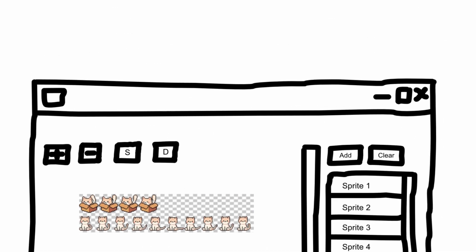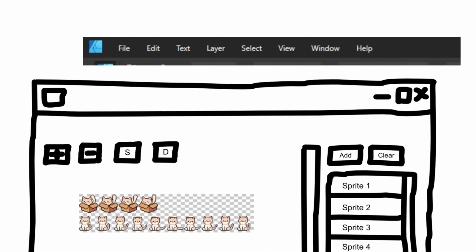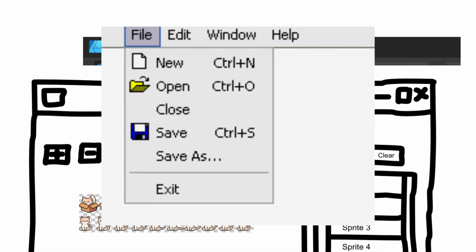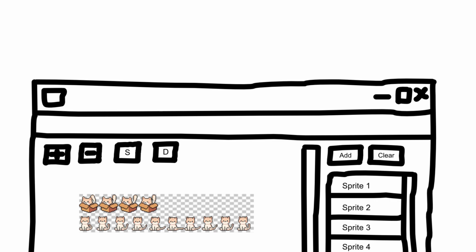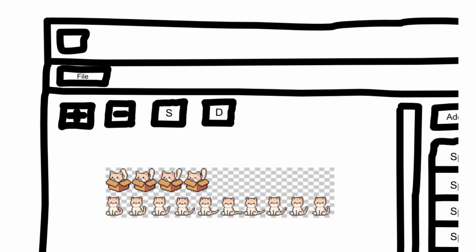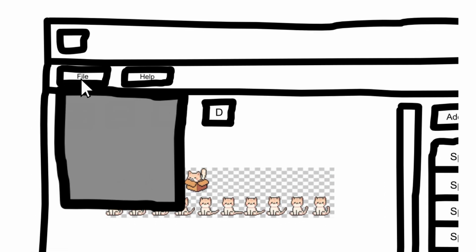Lastly, desktop applications usually have this horizontal bar at the top that has all the menus with useful options like create a new file or save the file. I'm going to implement one for my tool as well. It's going to have a file menu and a help menu. The file menu will have options to create, open, and save files, and of course a way to close the